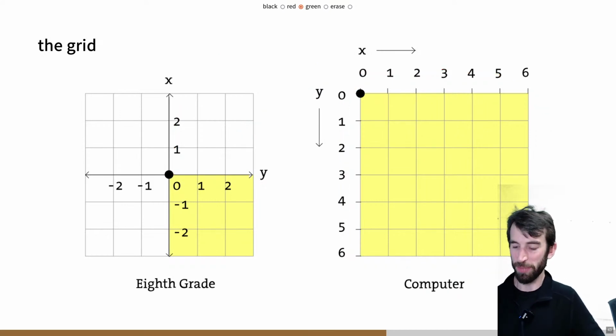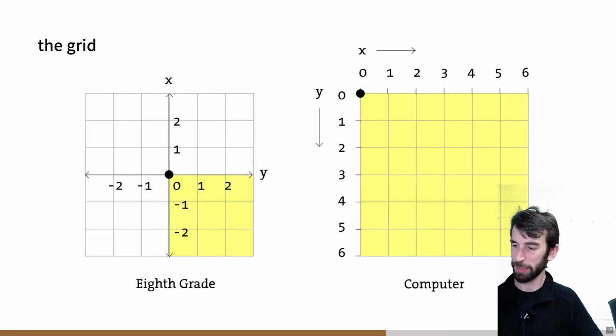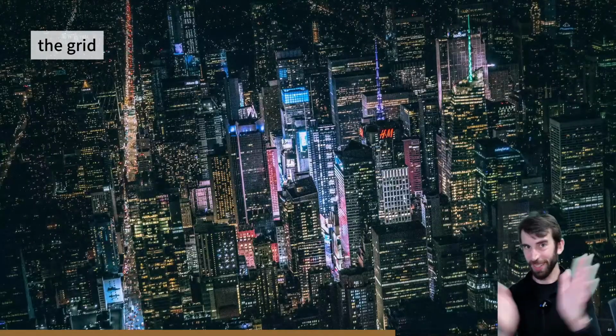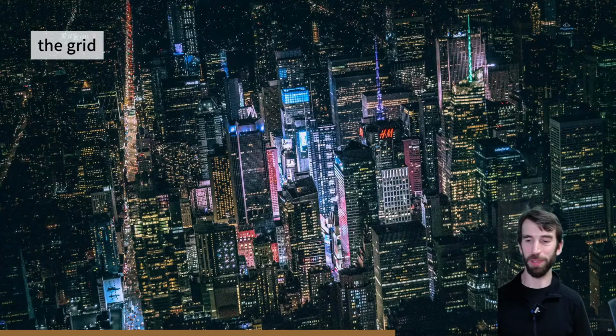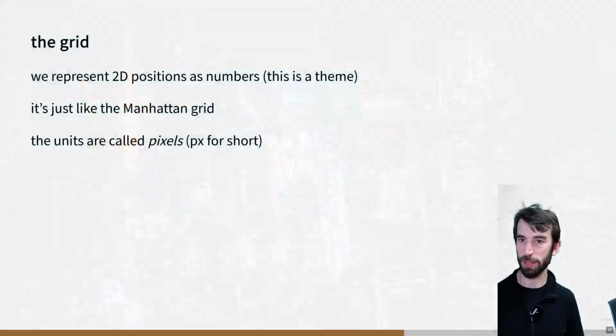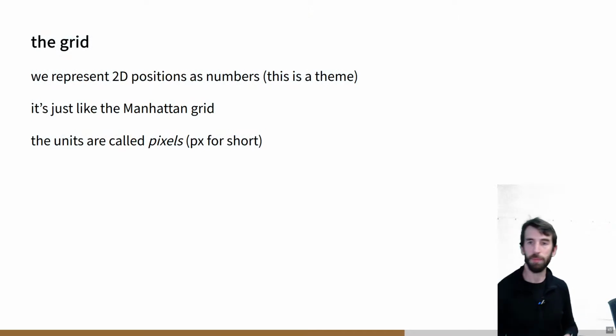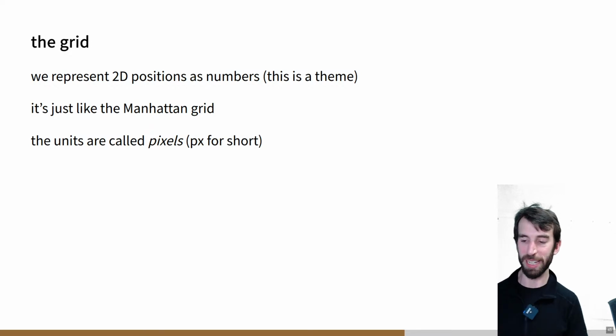I'll show more demos of this in a minute, but I always pressed the wrong key. The grid, it's really important. All of your drawings will go on this grid of numbers, which I guess correspond in some sense to pixels on your screen, individual pixels, but often they're scaled a bit because your screen is very high resolution these days. So we represent all of the 2D positions that we locate objects on our canvas in the grid with numbers.